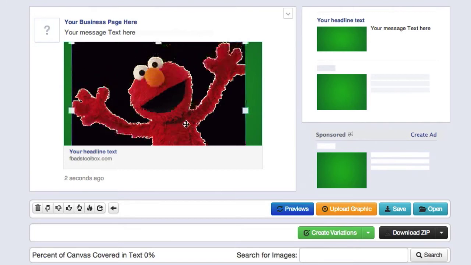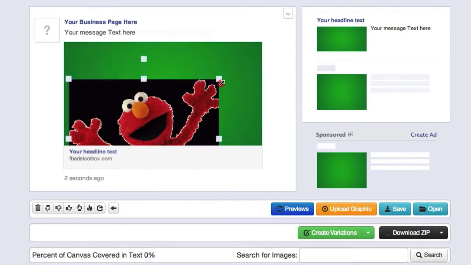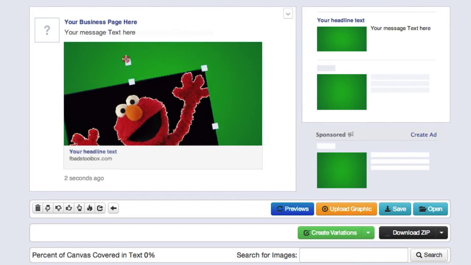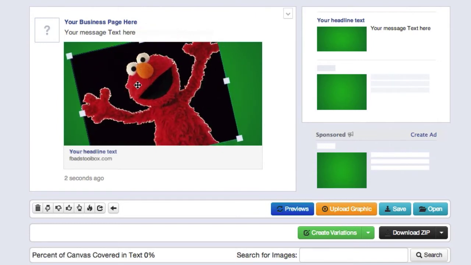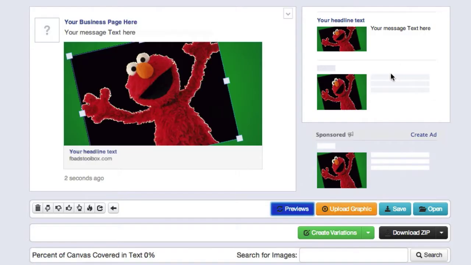And there you go. You can move it around, you can scale, you can rotate, whatever. And then you can use this button to update the previews and see how it will look. And then the next thing you might want to do is either download the image in whatever size, or click this button right here and download all the sizes in a zip